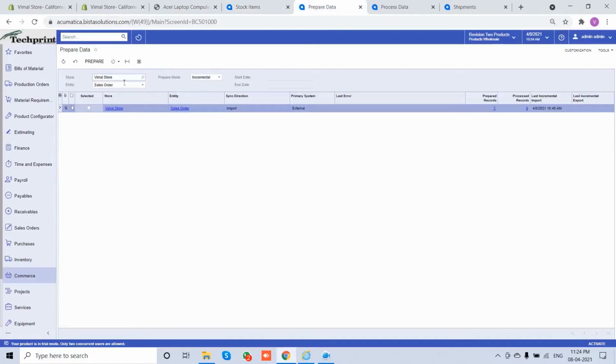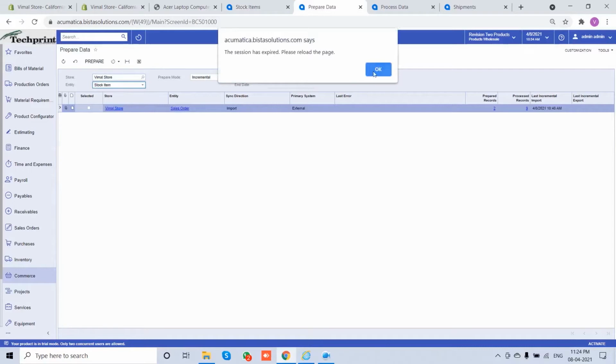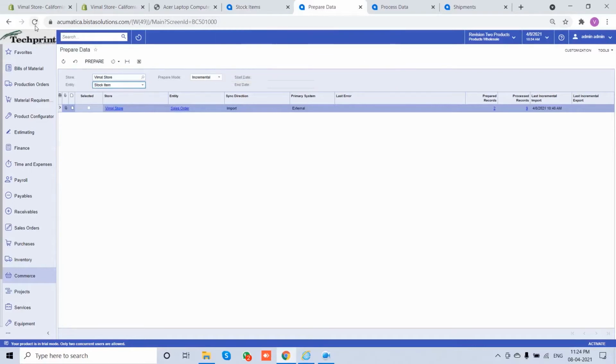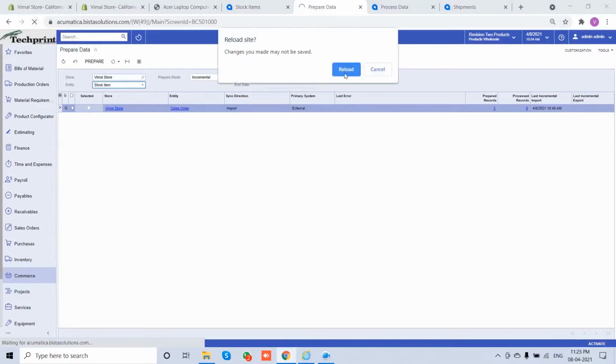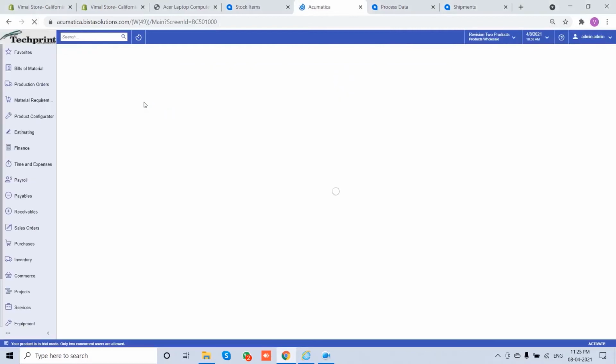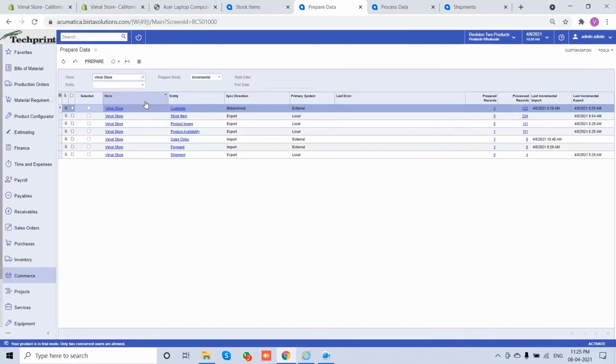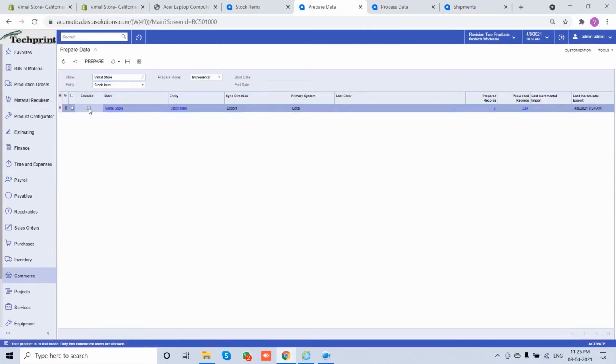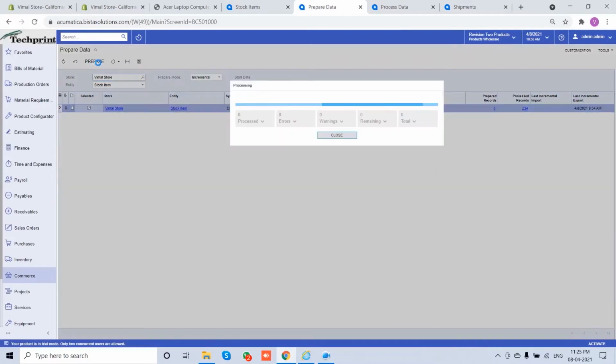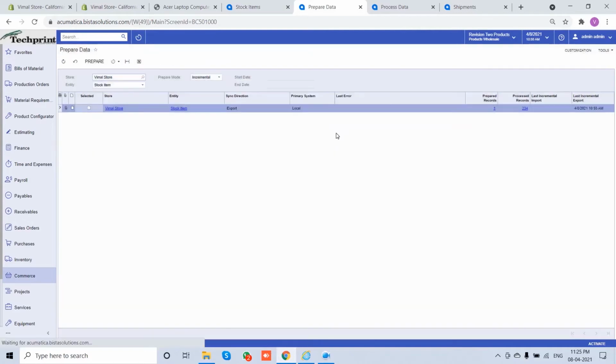So I'll prepare the data. Okay, my data is prepared. Now I will process this data.